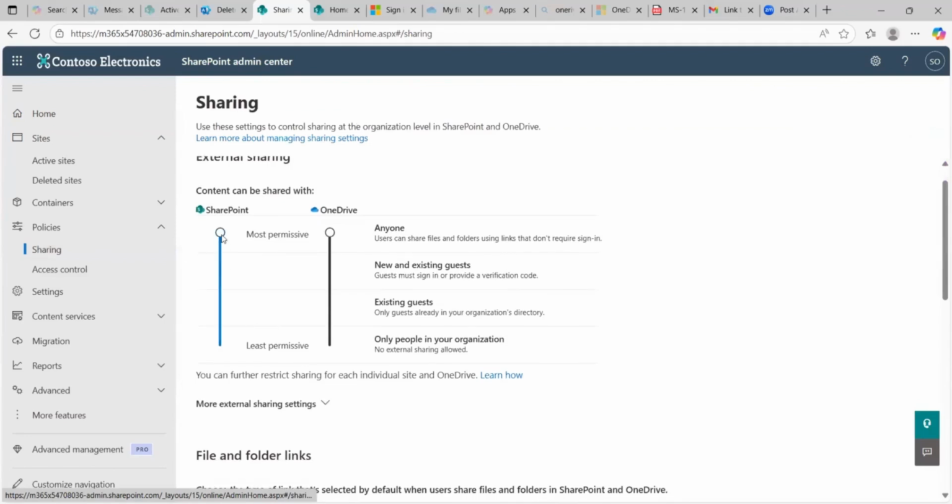So this is where the sharing, when you see that this is on most permissive, it has anyone: users can share files, folders, and links that do not require signing in. So this is the most permissive level. When I drop it to the next level, that means not anyone can access anymore. That means if I share a link to another user,